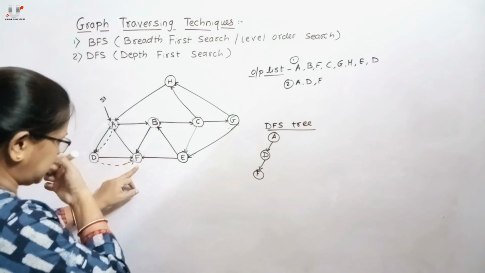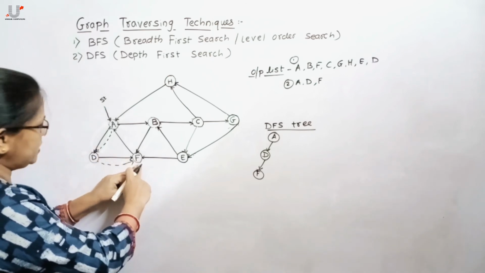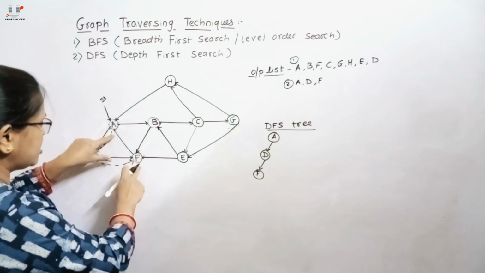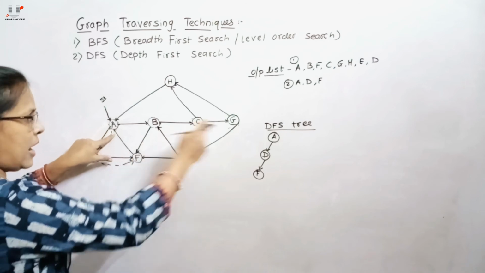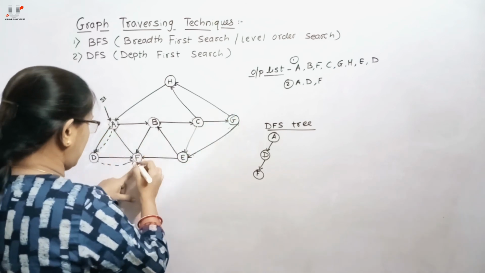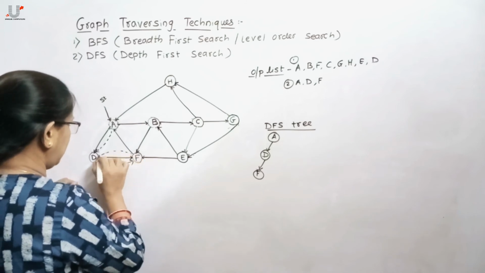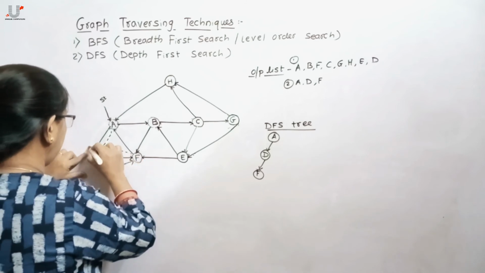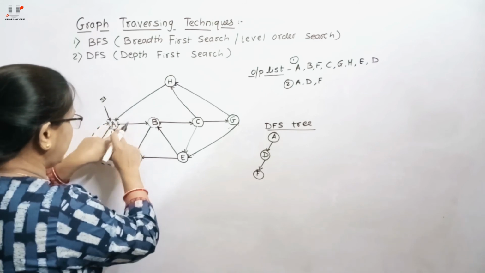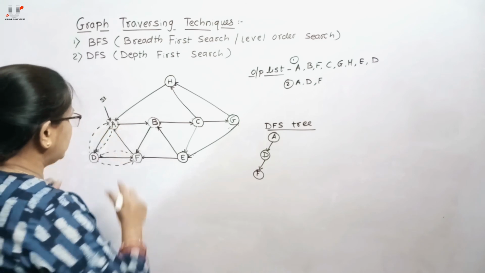Then from F check whether unvisited adjacent node of this F is present. There is only one adjacent node of this F, it's A, but as it has already marked, so don't visit it again. Then backtrack, it will move to D, again backtrack, it will move to A, again check whether any adjacent unvisited node for A is left, yes, it's